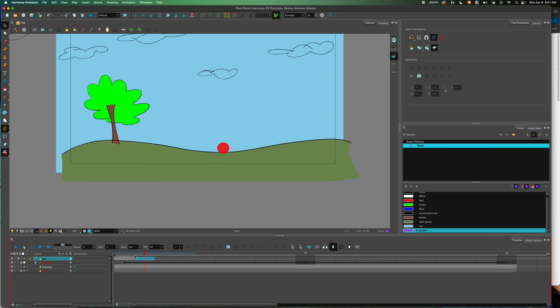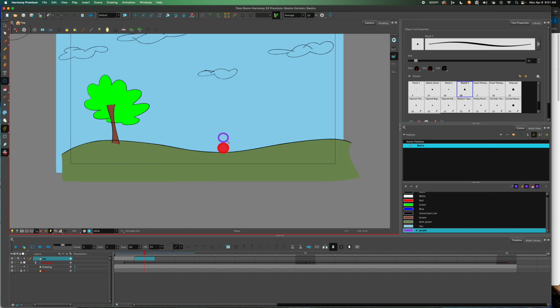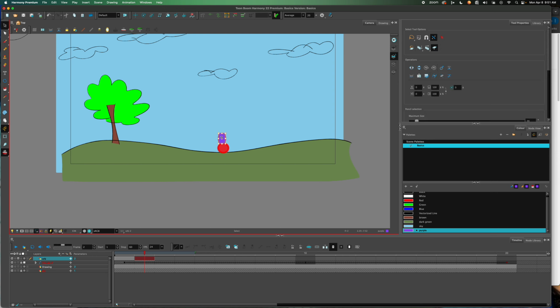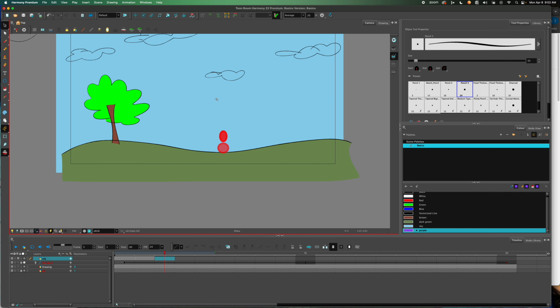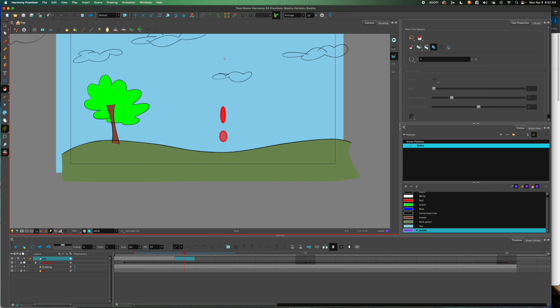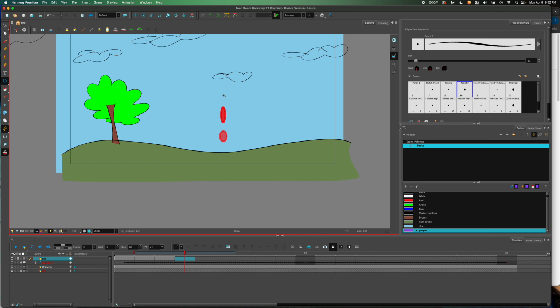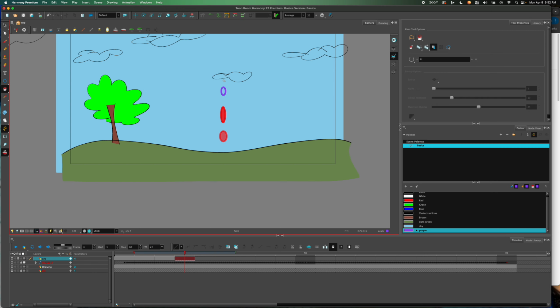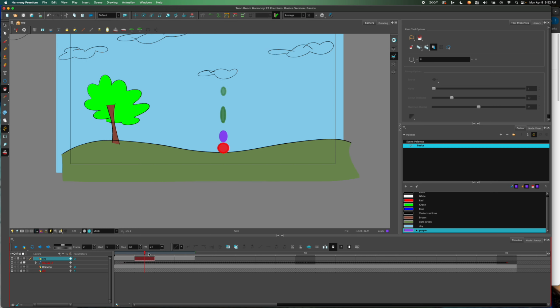So now you'll see that there's a red ball. That's because it's showing you the previous layer. So if I know that that's where the ball is, well, let's make another one. And let's put this up here. Let's stretch it. Maybe somewhere here. And then the next one, draw another orb, another ball. And then the next one. So now you have a ball going up. Now the best way to view this is to turn off your onion layer again,